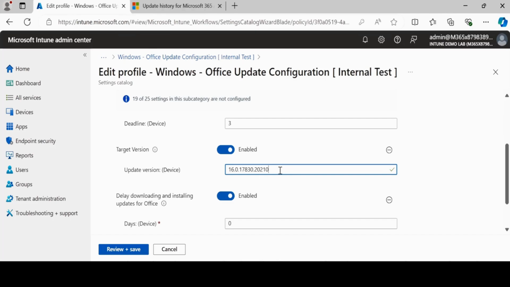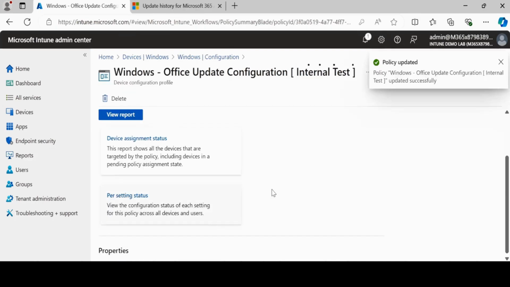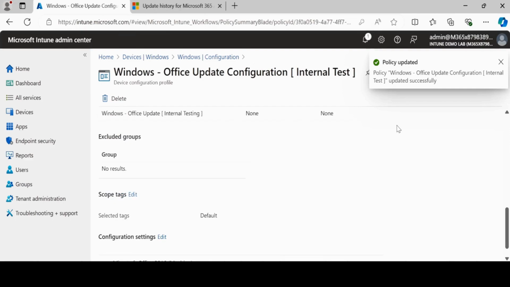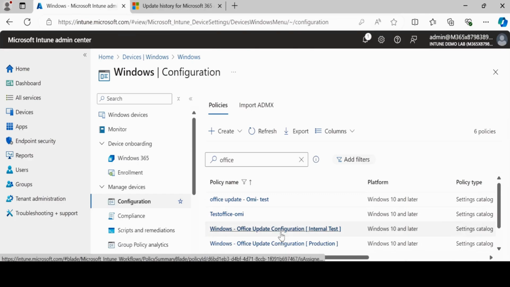So now I want to upgrade all my machines to version 16.0.17830.20210, and then click on Review and save, and then click on Save. Now we have successfully updated the policy for Office update configuration internal testing to manage the update version for the internal devices. And to save time, I have already updated the UAT policy.